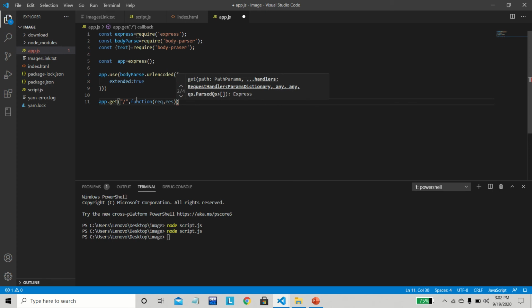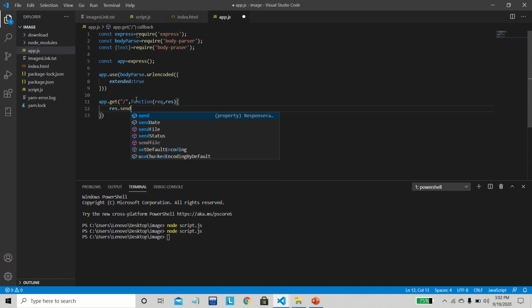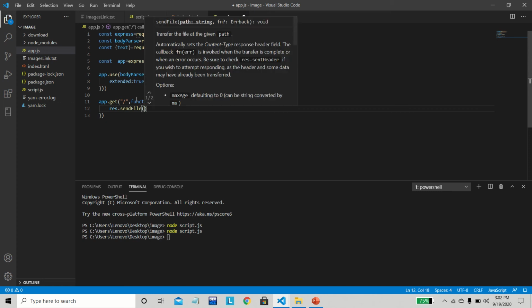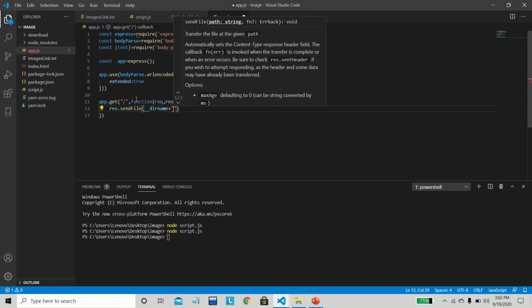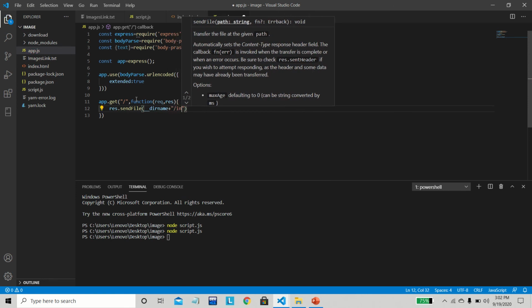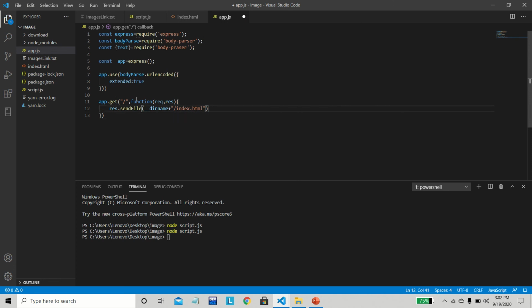Then we have to send the command request.sendFile. The file we have to send is __dirname plus, in the initial directory, we have index.html. So this is the syntax to send a file.